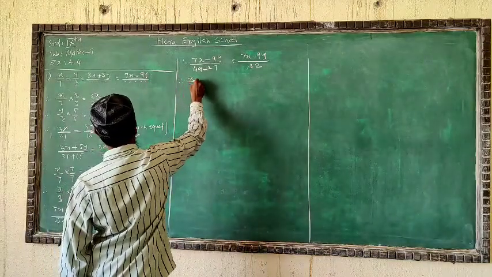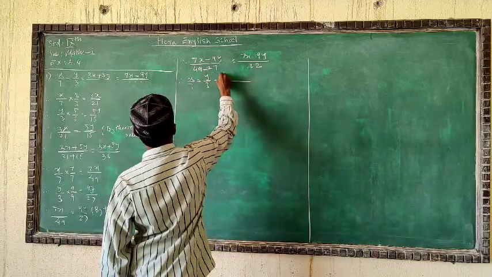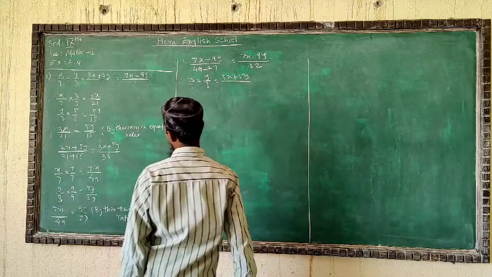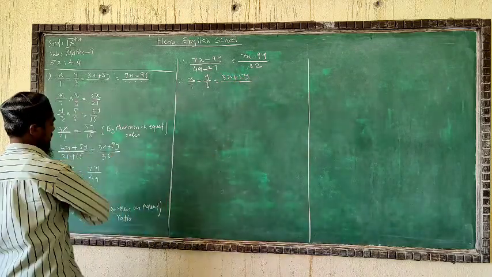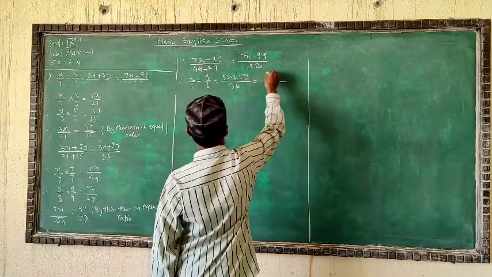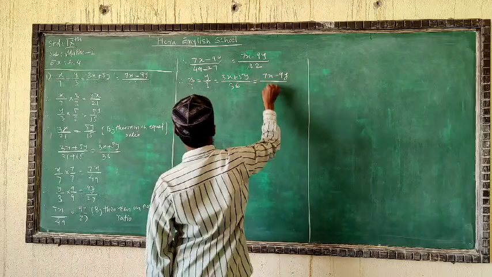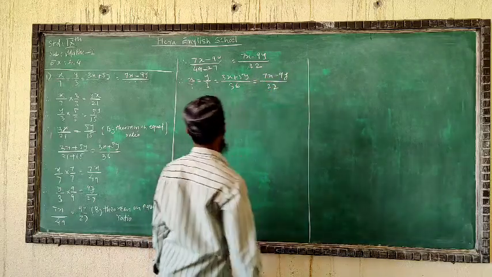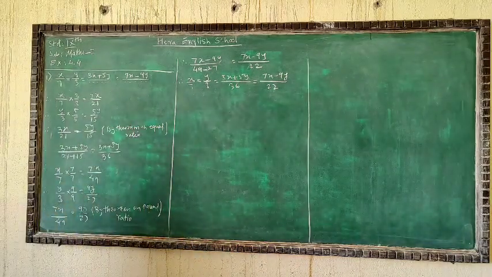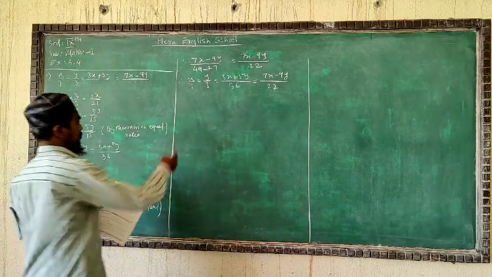x upon 7 equal to y upon 3 is equal to 3x plus 5y upon dash. We got here 36 by calculation or solution. In the second, we have 7x minus 9y upon dash. Here we got 22. Like this you have to fill up, but before filling up you have to solve like this. Now you have completed this question. Now come to question number 2.